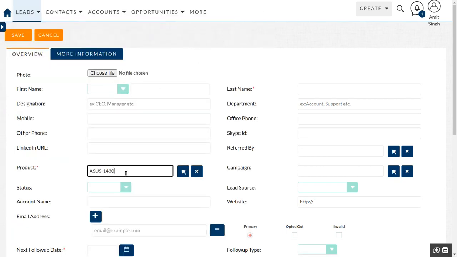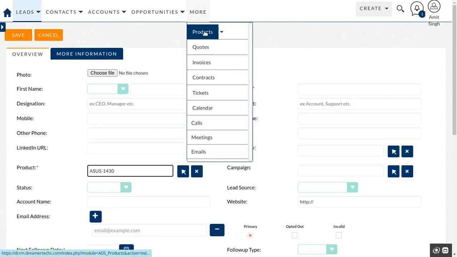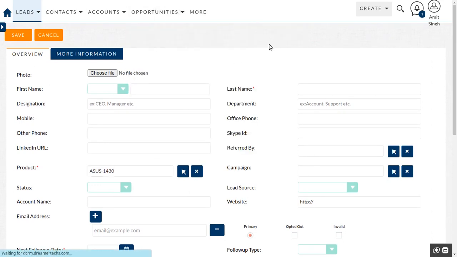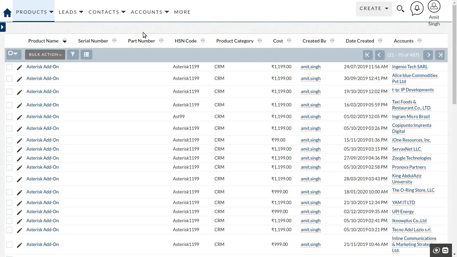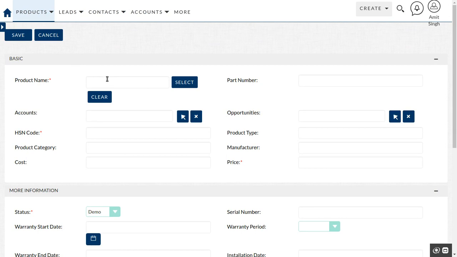Once you select this, the same way if you go for product, it is something we sold to the client.